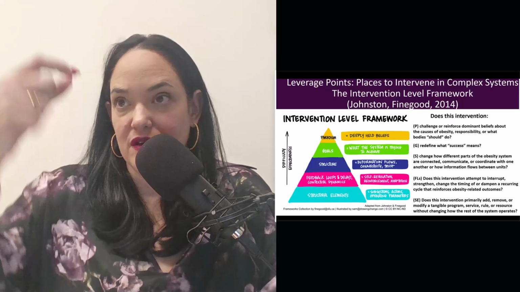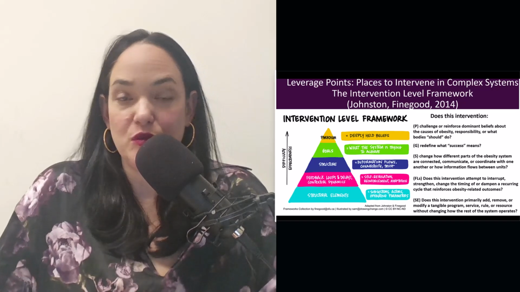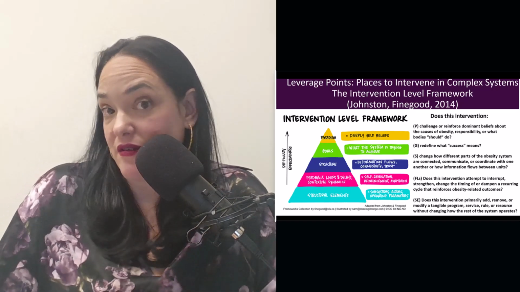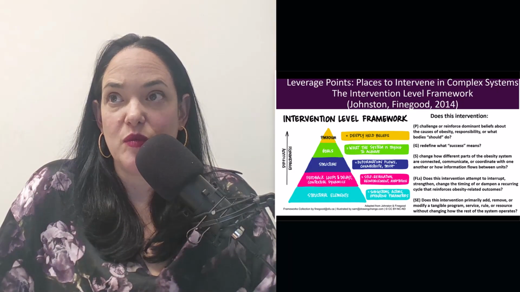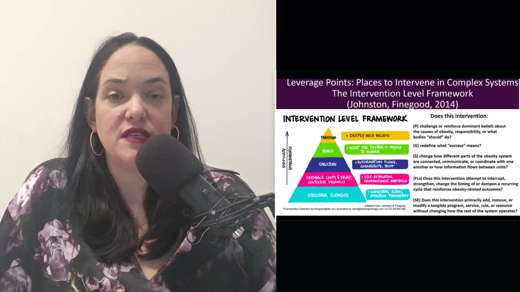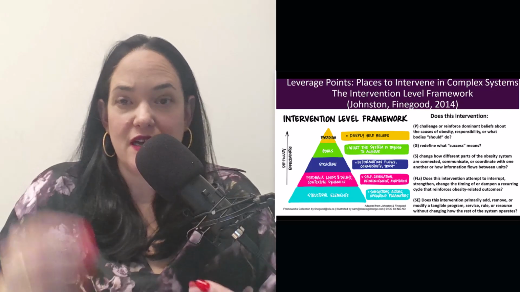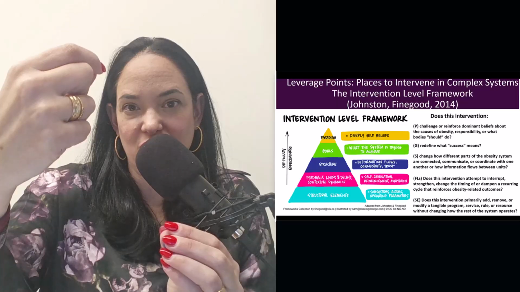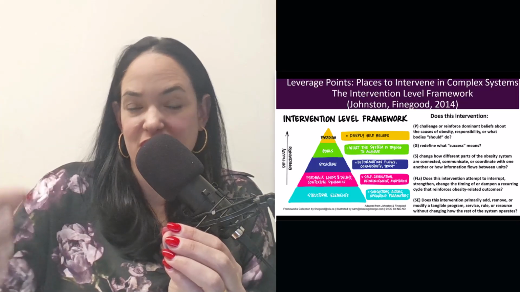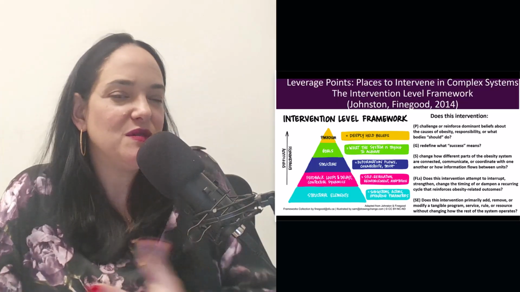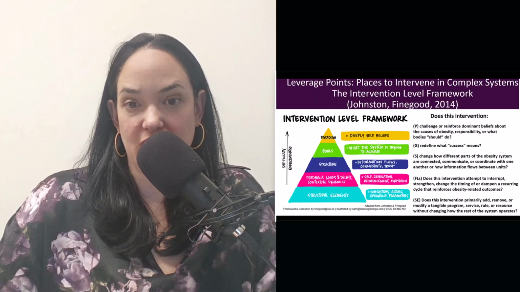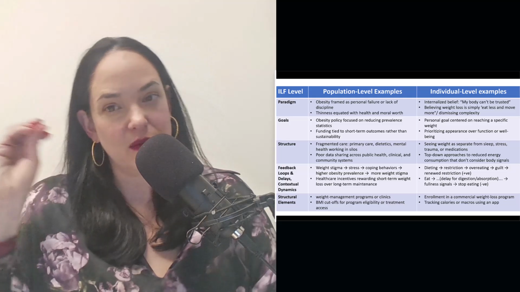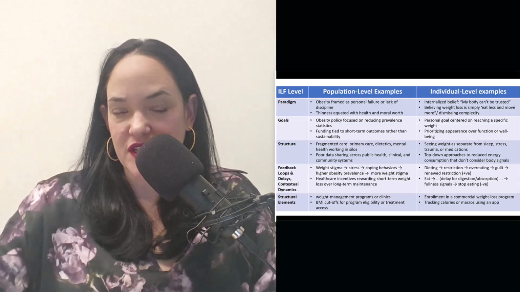So maybe the next part in that feedback loop isn't losing weight, but the next part in that feedback loop is feeling in control of my hunger. Maybe the next part in that feedback loop is eating whole foods and increasing the amount of whole foods in my diet, right? I want to eat healthier, so I eat whole foods. I am proud of myself for eating whole foods. And that helps me eat healthier, so I'm going to keep eating those whole foods, right? So can you work with that instead of just working with structural elements? Okay. And this again gives you ideas of population level examples and individual levels of the intervention level framework.